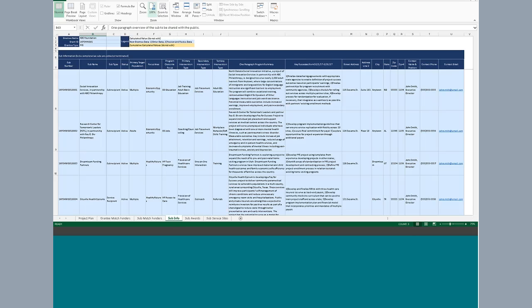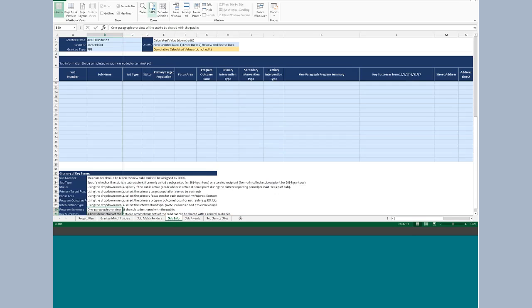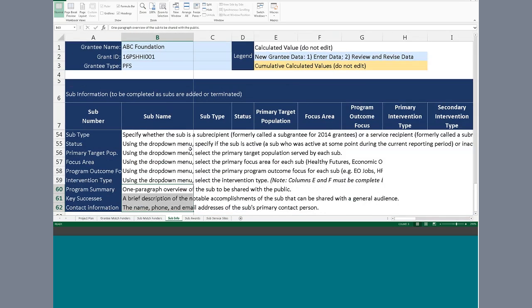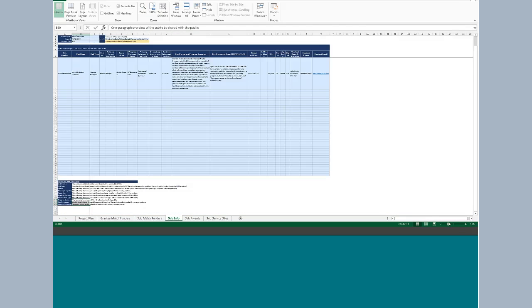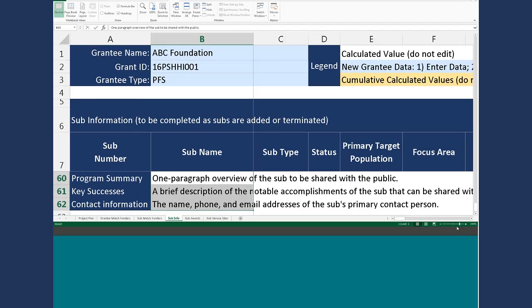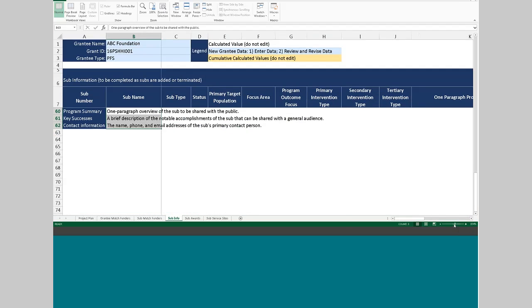Okay. All right. So next I'm going to talk a little bit about our sub-info tab. And so this is really one of the places where we're collecting the most nuanced information. All right. So while we work on getting our screen to a viewable size, I'm just going to talk a little bit